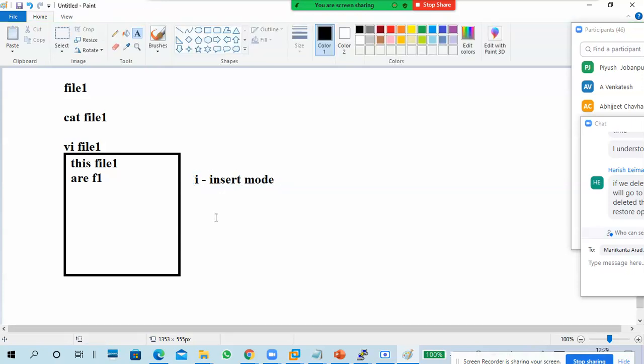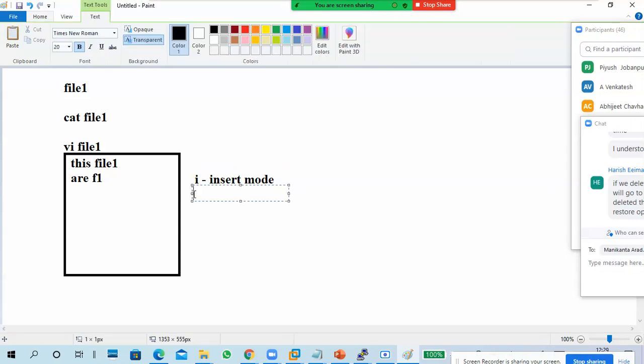When I press I, it is insert mode. So what is the use of this I? For editing or inserting text.